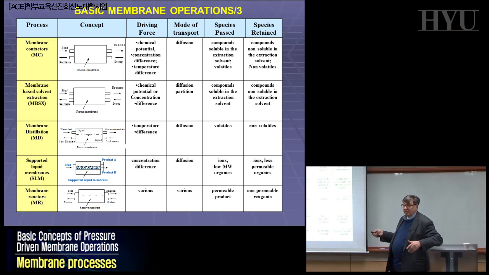Membrane distillation is a typical example, followed by all the kinds of membrane crystallizer, membrane emulsifier, etc. Membrane distillation is part of the story and is mentioned here, where you have a driving force of delta T, only diffusion, volatiles going through, non-volatiles not going through. So if you want to purify seawater and make fresh water from seawater, you can use RO, where you have a very selective membrane in which only water can dissolve and go across, and sodium chloride does not dissolve and stays back. In membrane distillation, you can have a membrane not